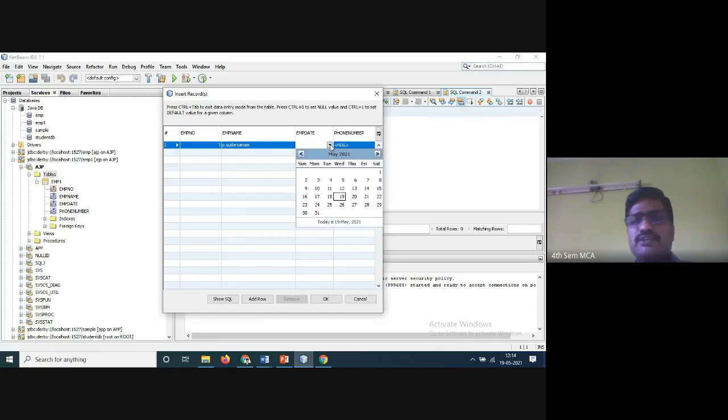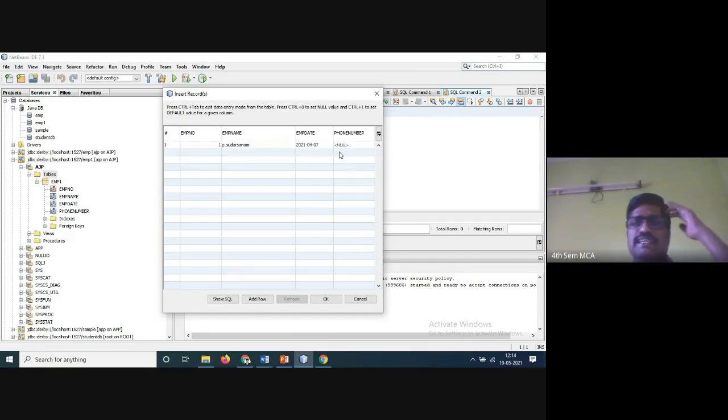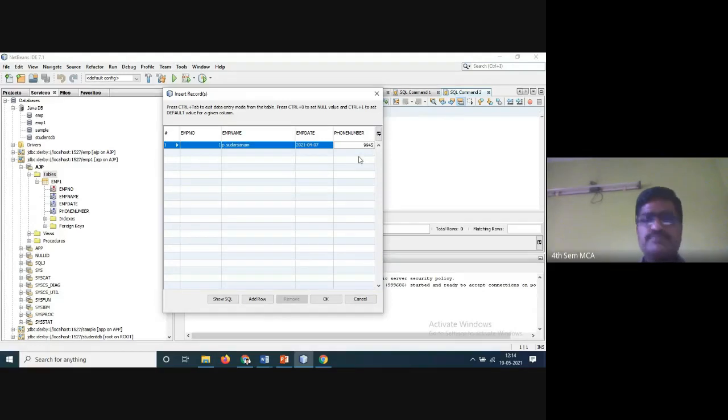Here you can select the date, whichever date you want, no problem. See here, any date can be selected. Okay, I'll select April 21st. Phone number, one number. Next, down you will be getting add row.